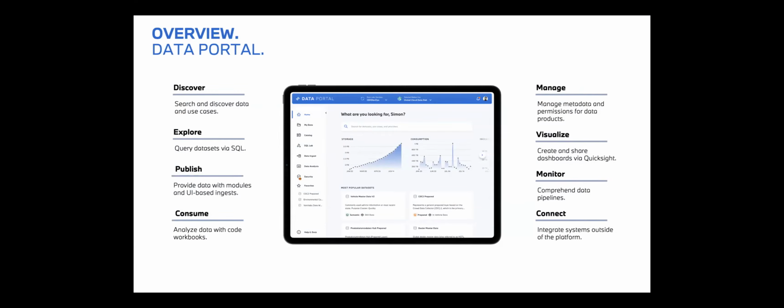Basically, our goal in the BMW Cloud Data Hub team is to make the data that we have in the company universally actionable. And for that, we first need a central point where all of our employees can go. They can discover the different data sets, explore them and build their explorations or analysis in tools like SageMaker, bring the data from their departments onto the platform, and furthermore create value out of all the data that we have at BMW. And this is really the aim of our data portal, which is available for every BMW employee.